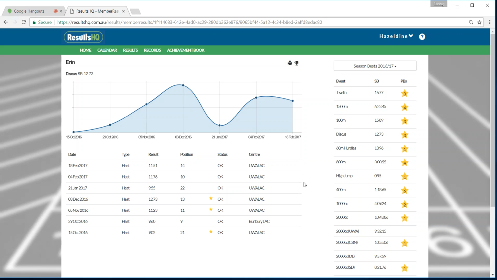Yeah, but currently, region and state results, because they use a different system, they don't come up on ResultsHQ unless the centre actually enters that data. Isn't that correct? That's correct. So in Queensland,